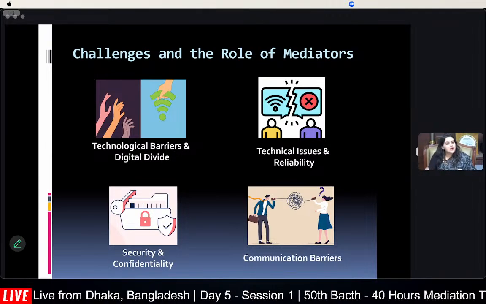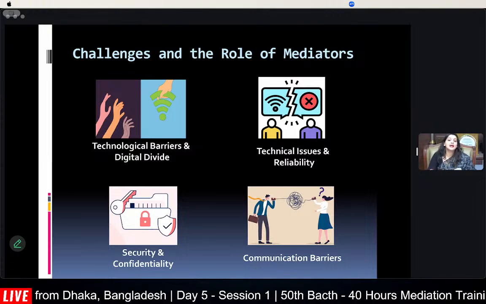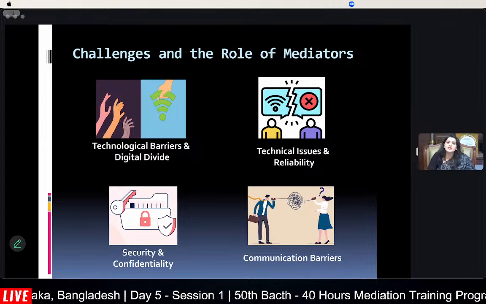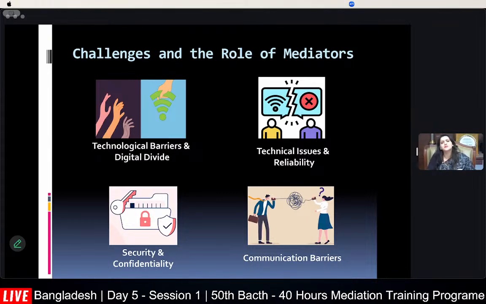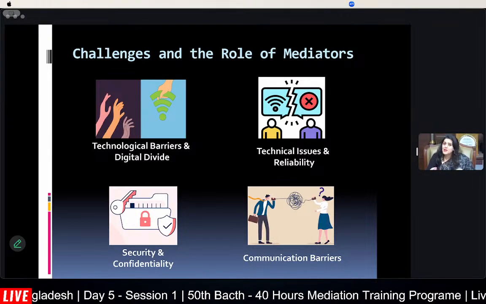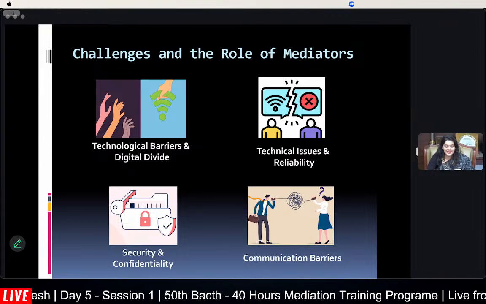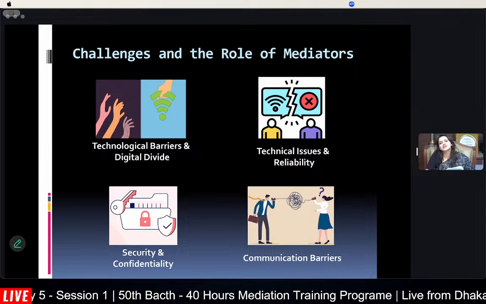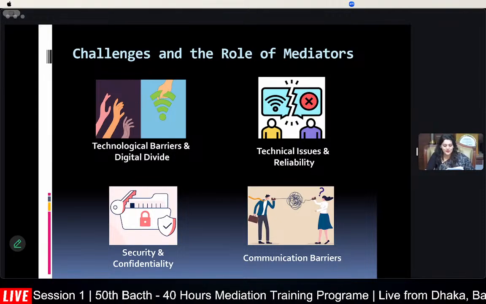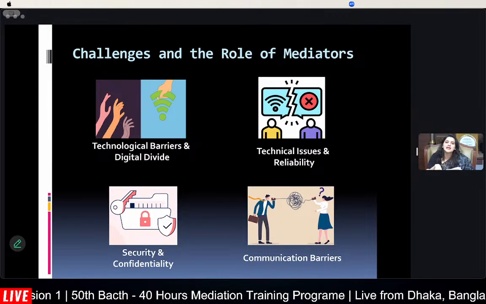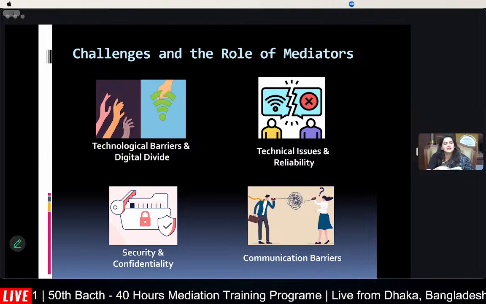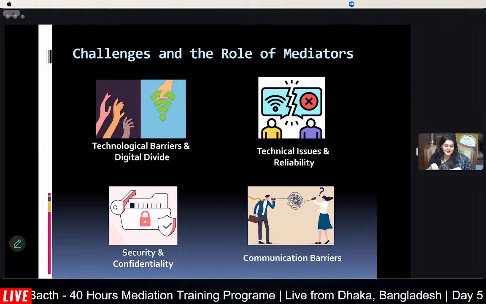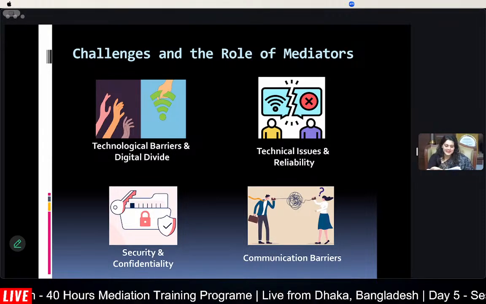So firstly, all the participants may not have equal access to internet connectivity. And even if they do, they may not be very well versed with using technology and they will not be comfortable using these platforms. There may be differences in the level of digital literacy that these people have, or some people, including many of us, would just be resistant to change. We would feel, why don't we just go for physical mediation? And a lot of this stems from socioeconomic disparities, access to internet connectivity, access to digital literacy initiatives, etc. And most of these things can even exacerbate